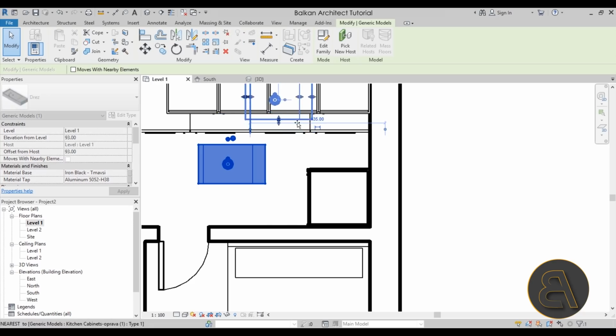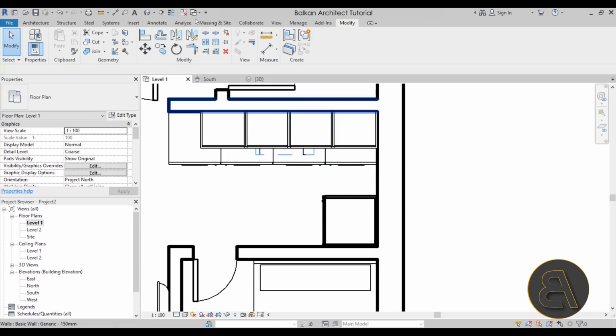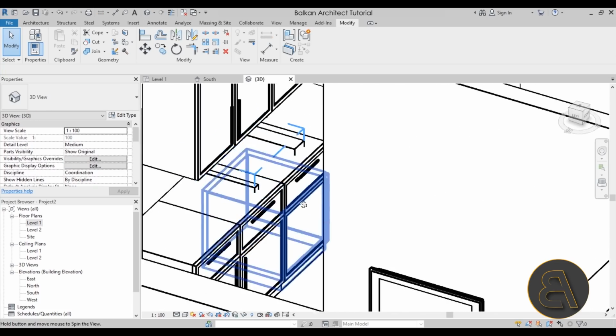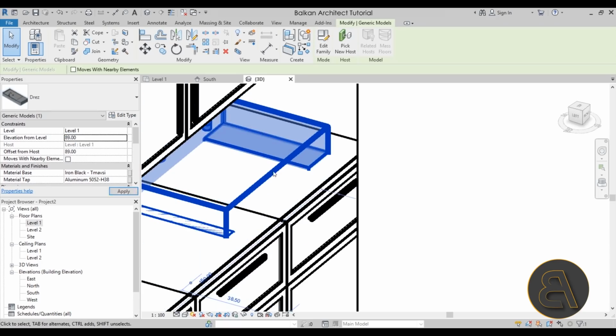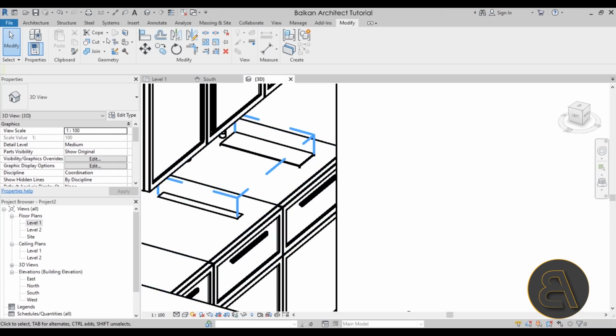Okay, it looks perfect. Now I can just place that where my actual sink is, and that's kind of around here. Let's go into 3D just to double check what that looks like. Now when you're placing sinks like this, and this has to be a bit lower, I think 89 will work. There we go. We have to cut down these cabinets, so just go here with cut on the modify tab,